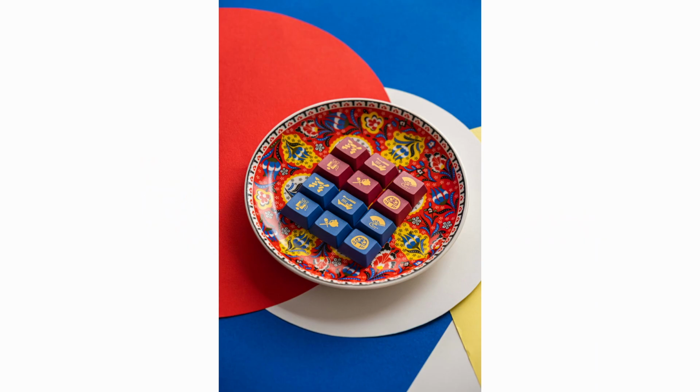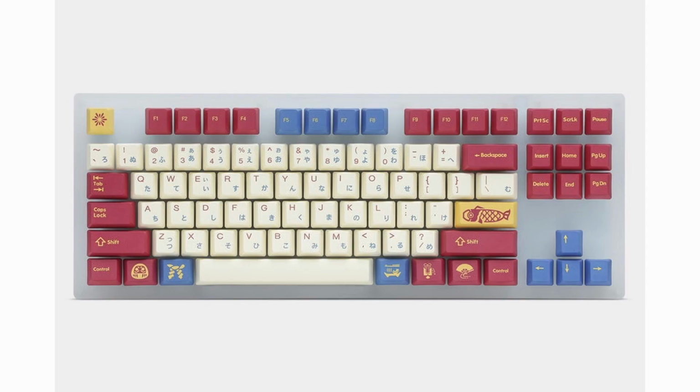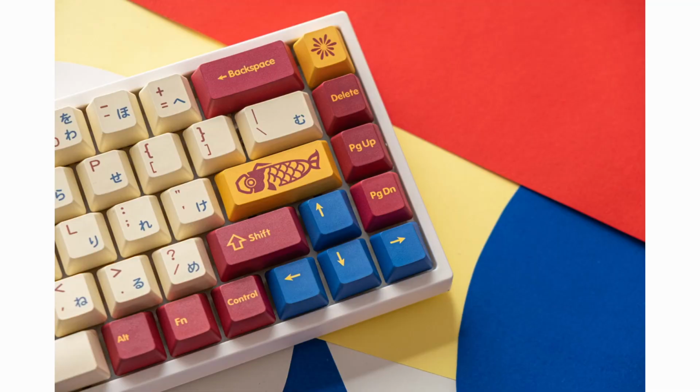One thing that I do want to point out is that in one of the pictures on the drop listing, it appears to me as if some of the keys are crooked. It could definitely be the keyboard having crooked switches, but there is a possibility that the manufacturing isn't really up to par. I haven't really seen any pictures from other users using Momoka keycaps, or user reviews vouching for it,